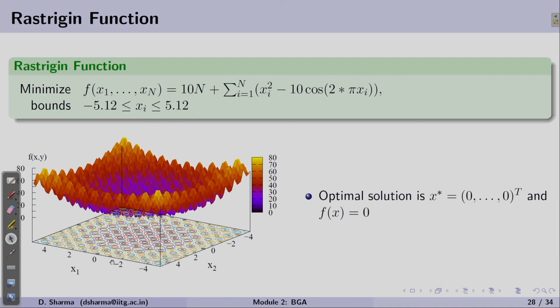Now for the 2 variable Rastrigin problem, you can see the surface which has a lot of ups and downs, or peaks or valleys, and if we see the contours at the bottom, you can see there are a lot of local optimum solutions. Now the optimum solution for this problem is lying at the origin, and the function value is